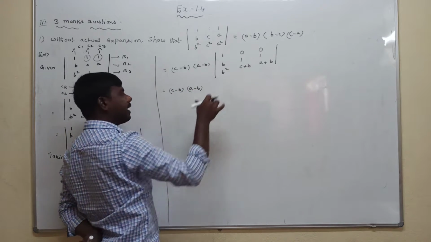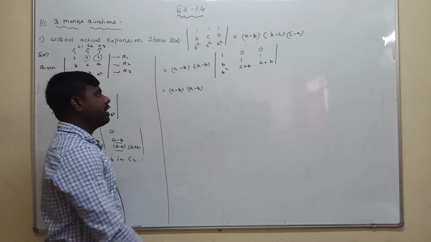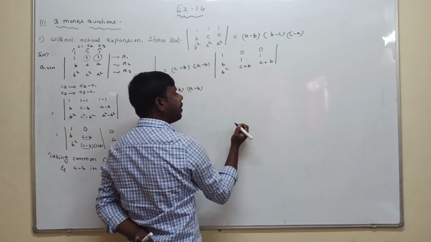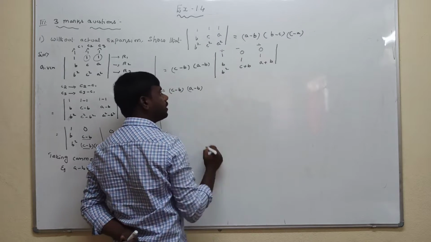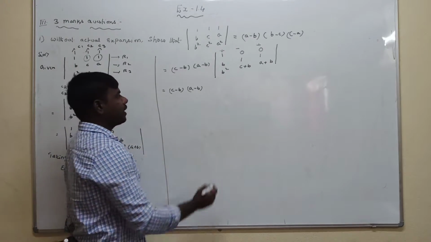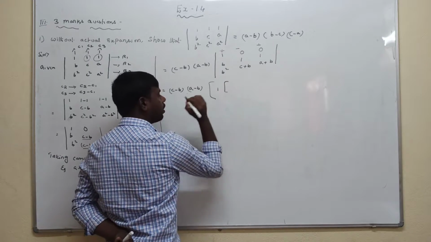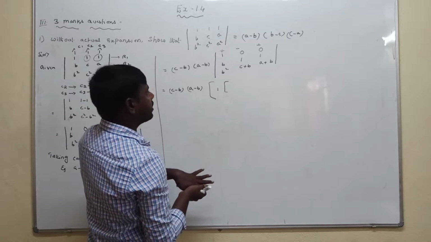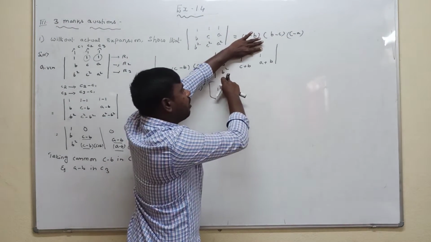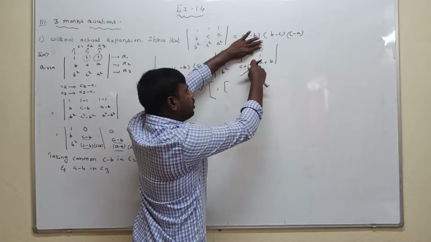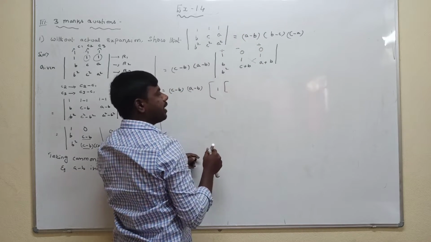Now you should apply the determinant condition. As I explained at the start, whenever there is a determinant of a 3 by 3 matrix, the signs are plus, minus, plus. The first element is 1. Eliminating that element's particular row and column, write the determinant of the remaining elements. After that, apply the cross multiplication method.